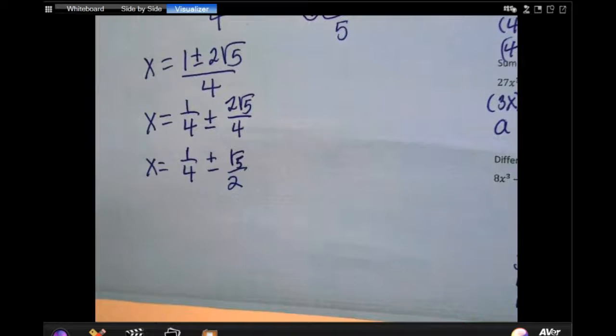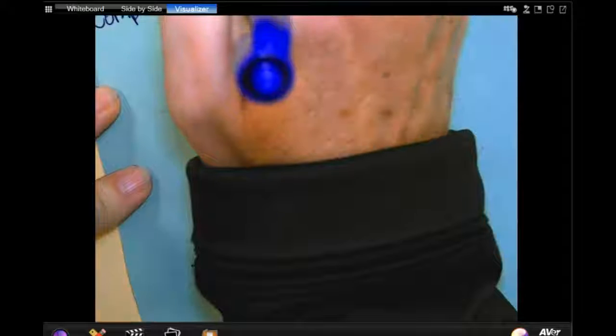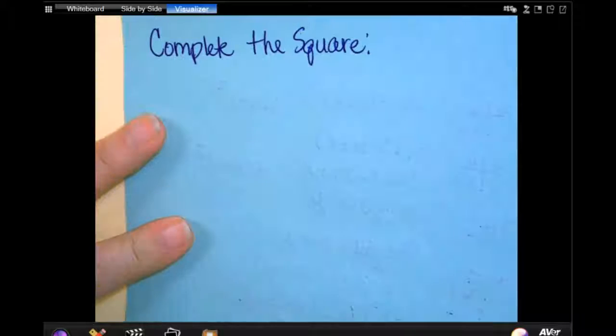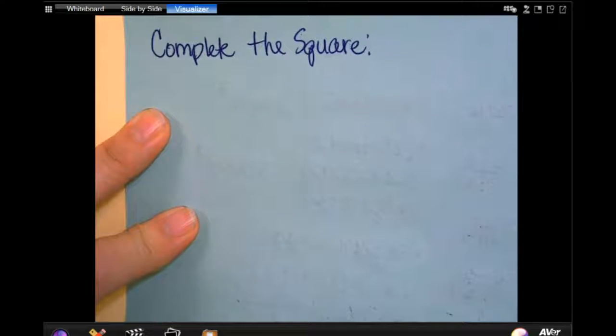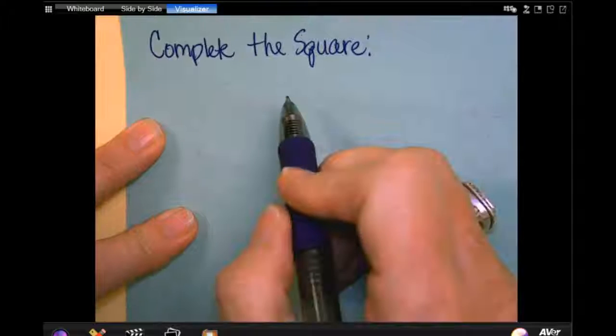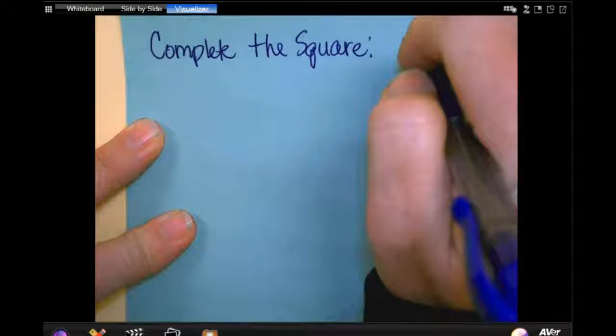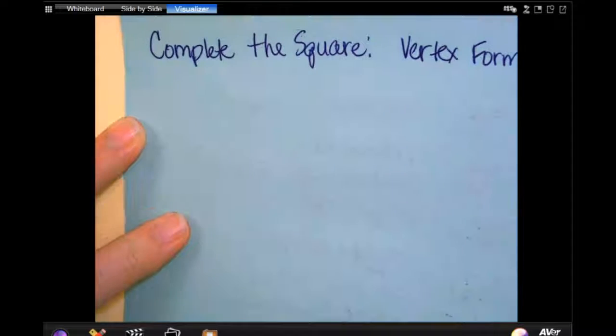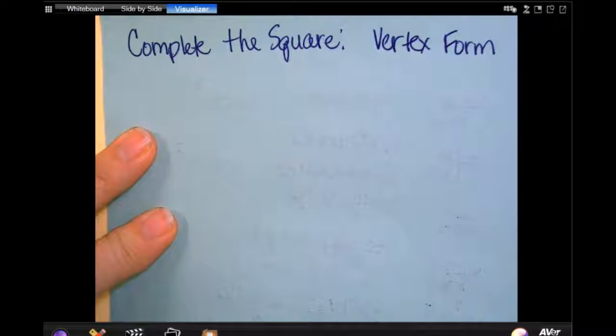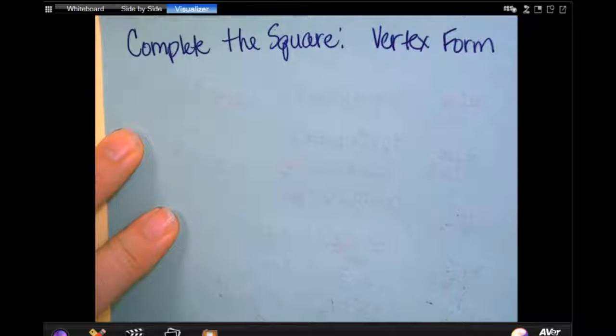Okay, there's one more kind. Complete the square. So we use the quadratic formula to get the x-intercepts when you can't factor. We use completing the square to get to vertex form. And so